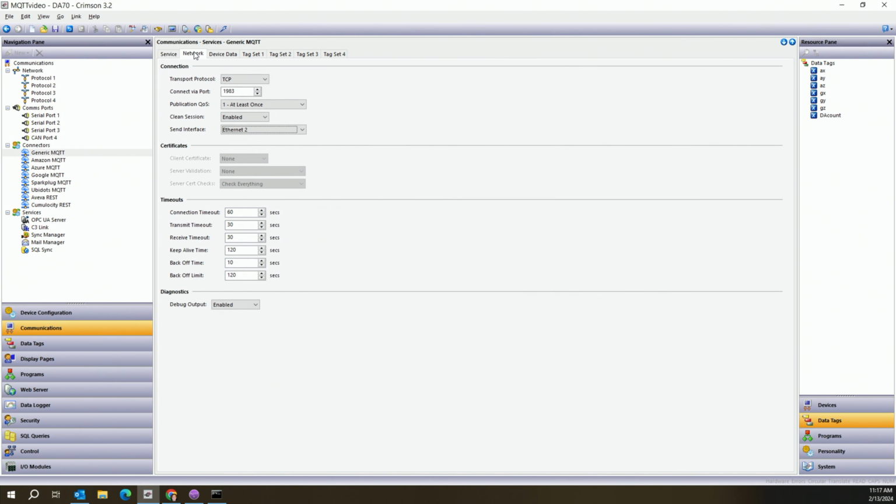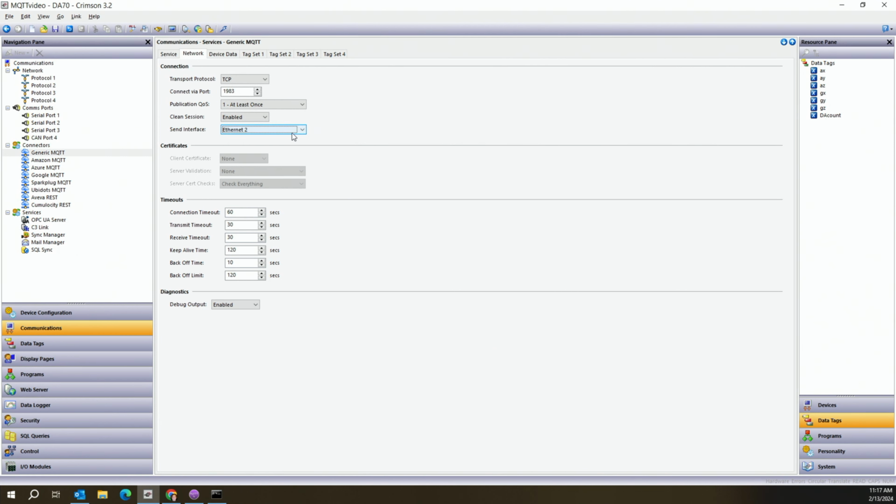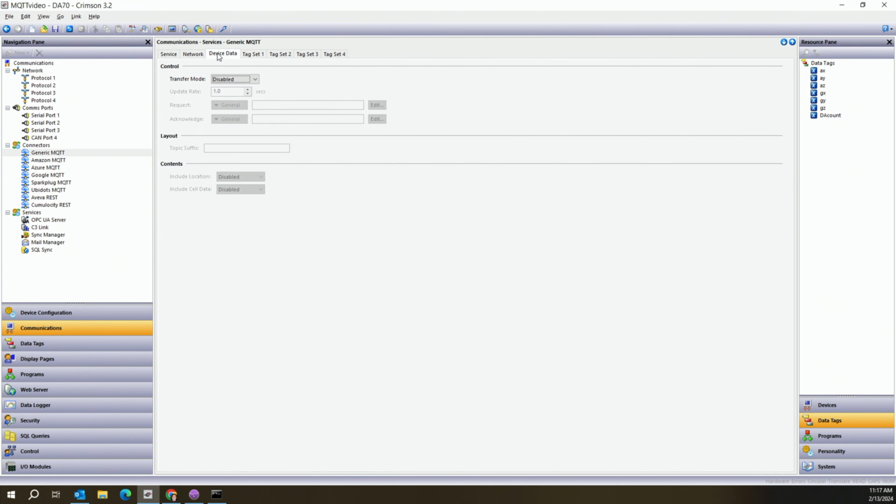On the network tab, you will need to set the port for your MQTT broker. Most of the time it is port 1883, but in my case it was taken, so I just set it for 1983. Choose your send interface. Mine for this demo is Ethernet 2. On the Device tab, we will just disable this feature to cut down on the time and location being sent